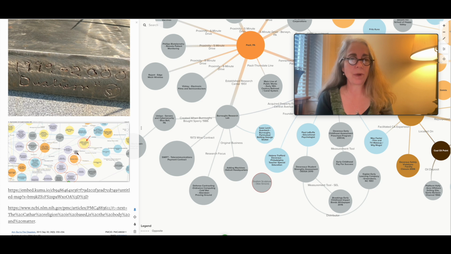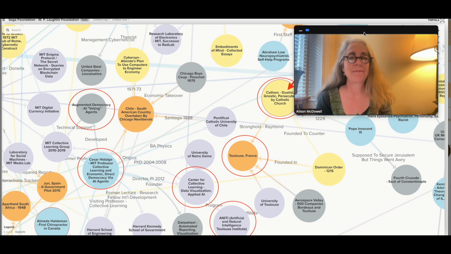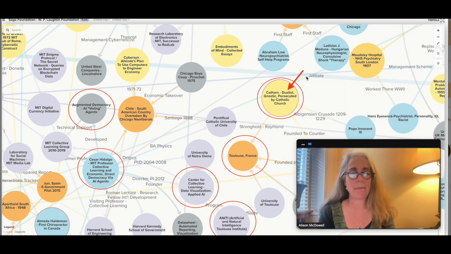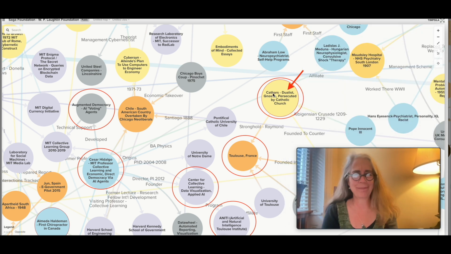When I was looking up dualism, one of the first things that came up was the Cathars, which is here in my Sega map. And how did I end up even having the Cathars in my map? Well, if you remember back to Cesar Hidalgo, who was a professor at MIT in collective learning, and he was the one promoting augmented democracy, right? So these tokens and your AI would do the tokens. And we know that that's sort of communication in the superorganism, not really about voting per se. And Cesar Hidalgo came out of Chile originally. He grew up in Chile, and that's where Cybersyn was, Allende working with Stafford Beer on Cybersyn, like automated government,